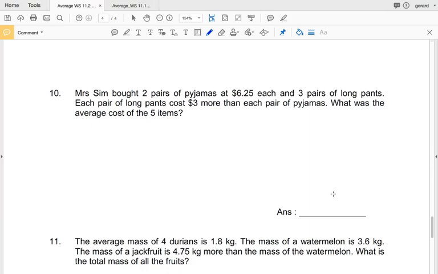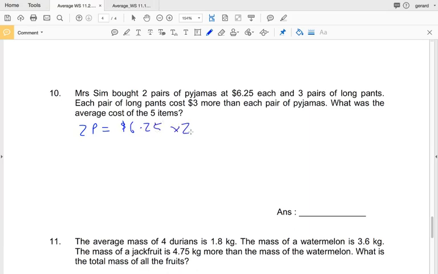Mrs. Sim bought 2 pairs of pajamas at $6.25 each, 3 pairs of long pants. Each pair of long pants cost $3 more than each pair of pajamas. So we can just draw a model for this. Now we find the total. We will use P for pajamas, L for long pants. So 2 pairs of pajamas equals